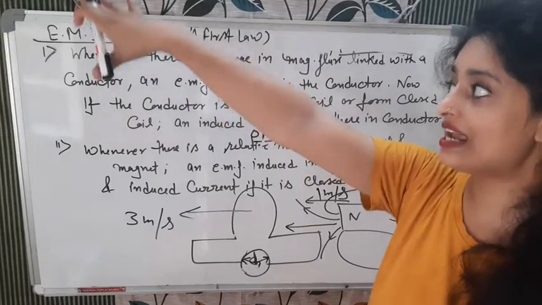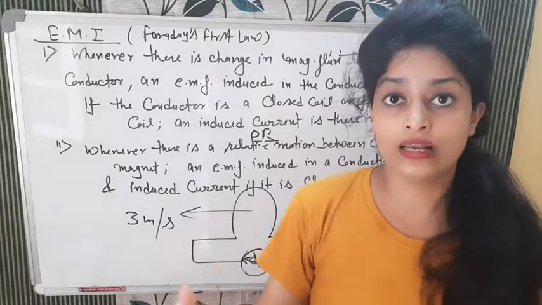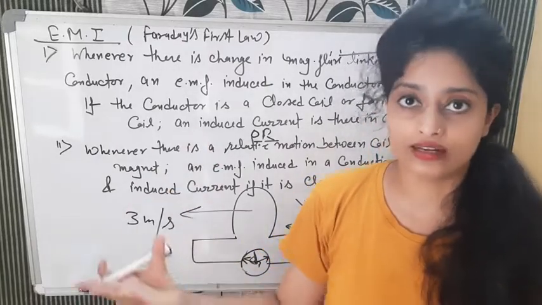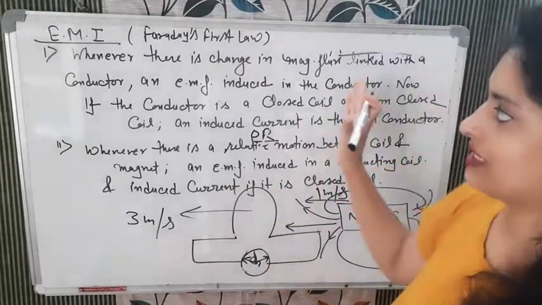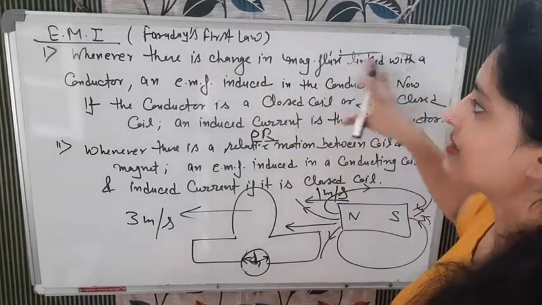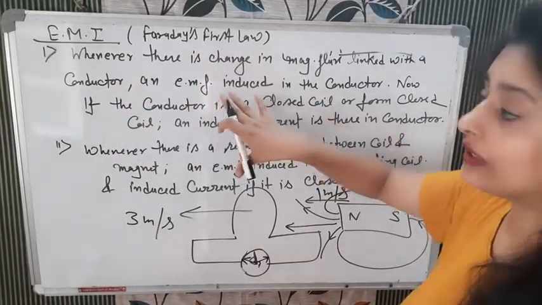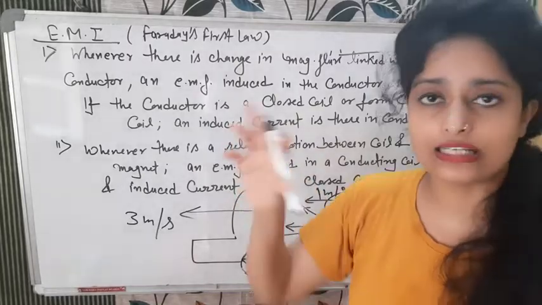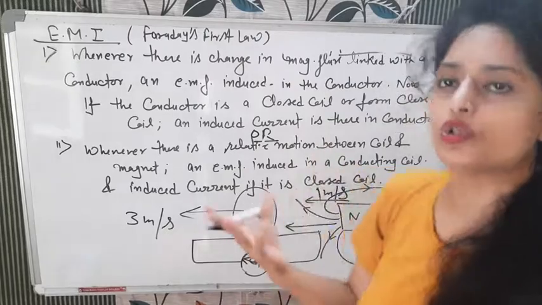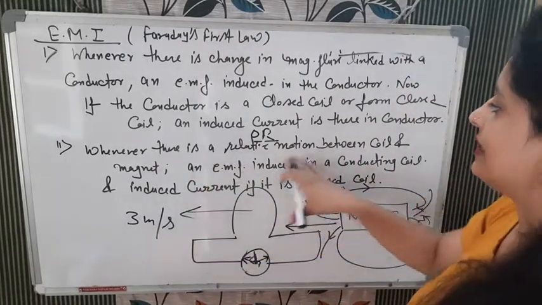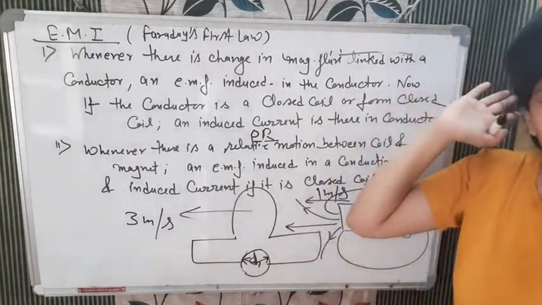It means we are inducing current in any conducting coil by using a magnetic field. उसको change करके हम current को induce करा रहे हैं. That is electromagnetic induction. So the first law is what? Change in magnetic flux linked with the conductor. उसकी वजह से जो EMF होता है वो induce होता है, लेकिन current कब induce होगा? जब circuit complete होगा. So this should be, again and again I am saying, a closed coil. Second thing is what? Whenever there is a relative motion, उसकी वजह से भी magnetic flux change होगा. तो या तो ये definition लिख दो या ये definition लिख दो, same thing है.